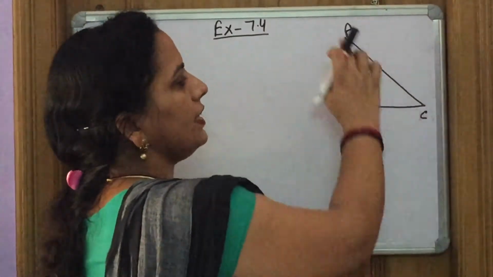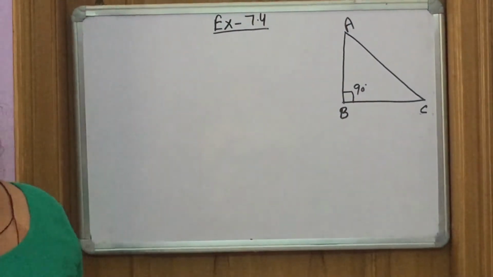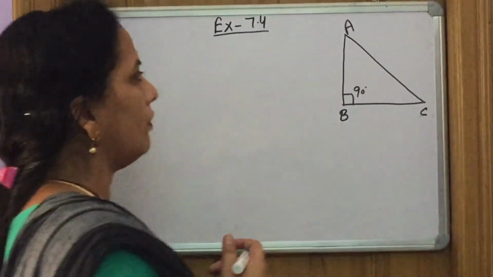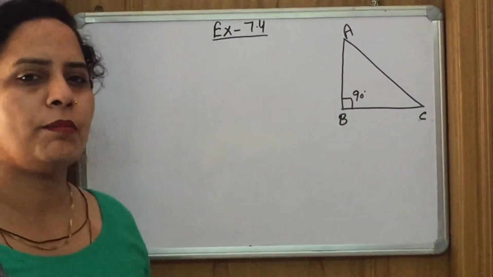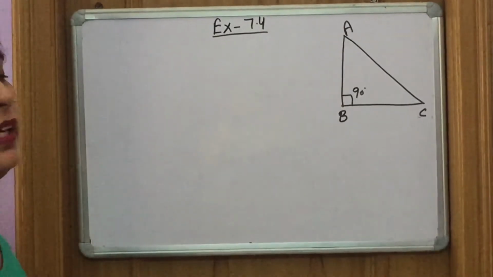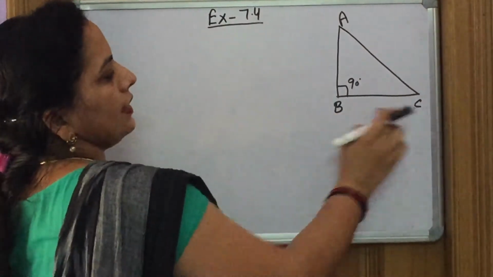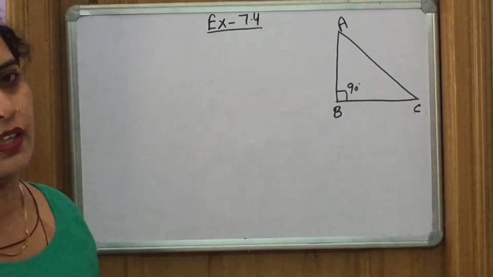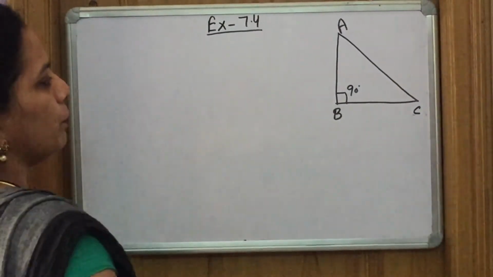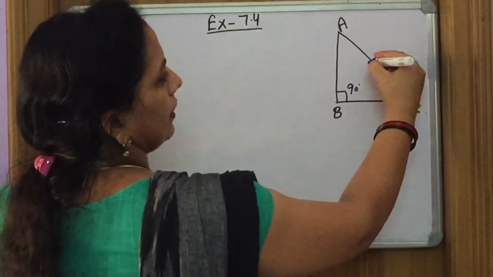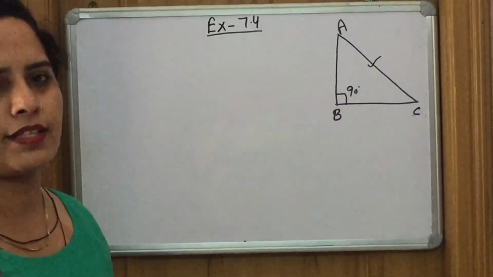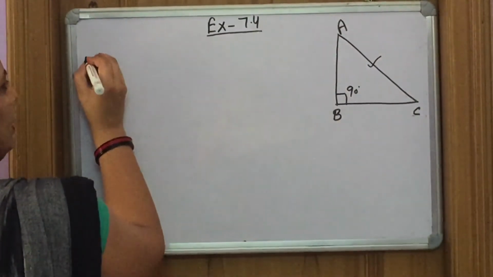That means AC is the longest side in this triangle. So we have to do this question in a systematic way. First, in the given, we will write that ABC is a right angle triangle. To prove, we will write that AC is the longest side. Solution will be,